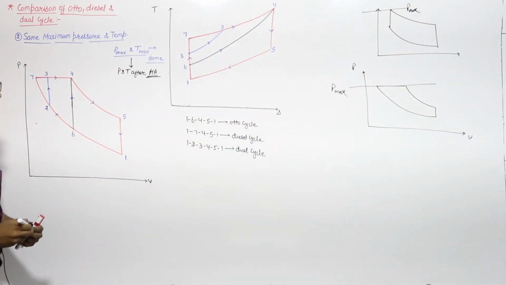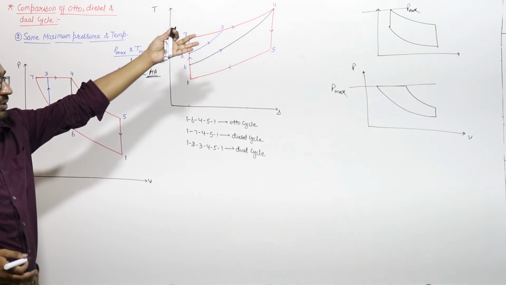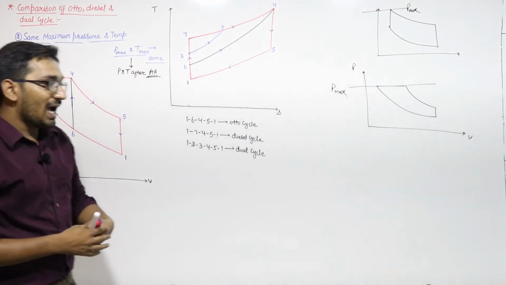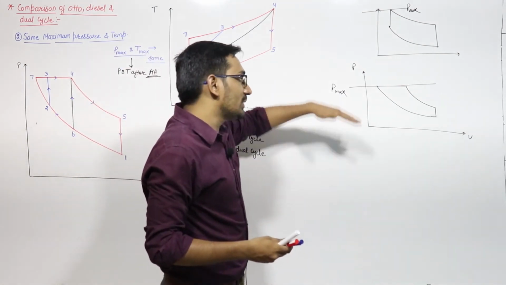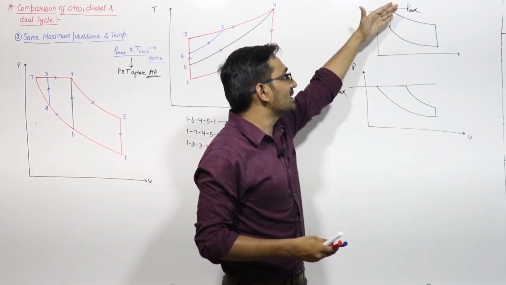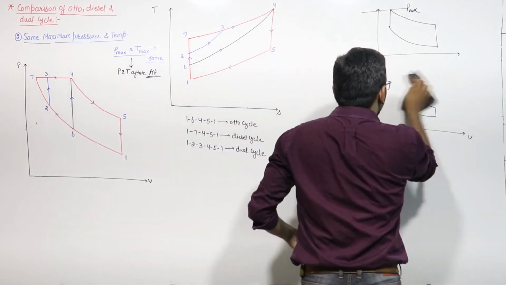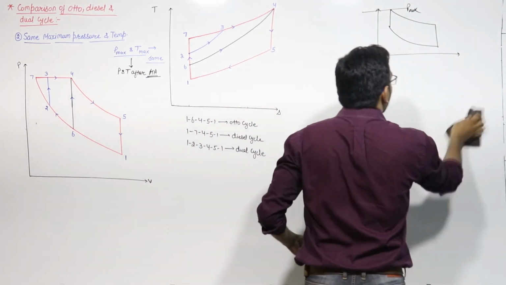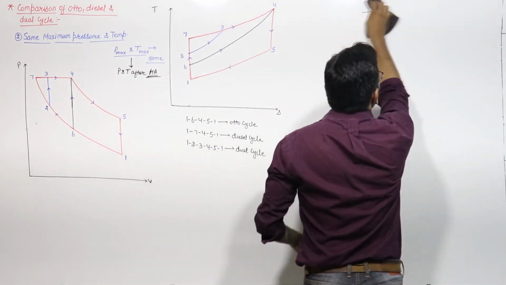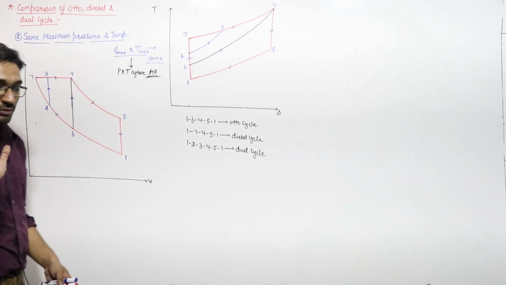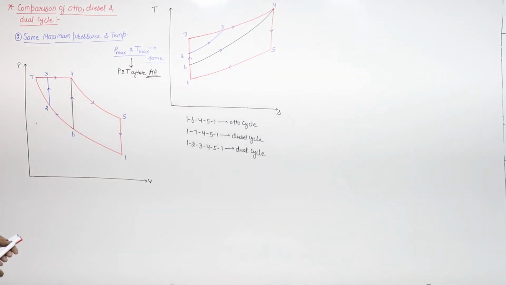Right? Sorry, maximum pressure and maximum temperature also correspond to that point only, right? But we have to compare these so that the maximum pressure of this cycle and this cycle will be equal. So for all the cycles, the maximum pressure will be the pressure that can be achieved after the compression process of the diesel cycle. This one thing you have to note down, right?